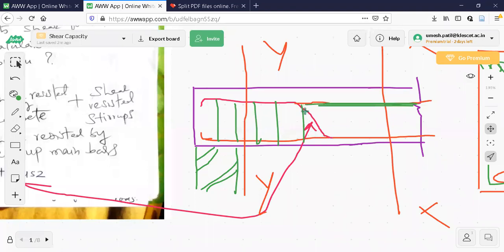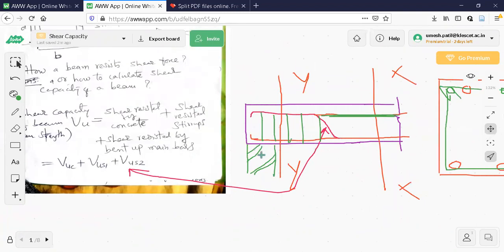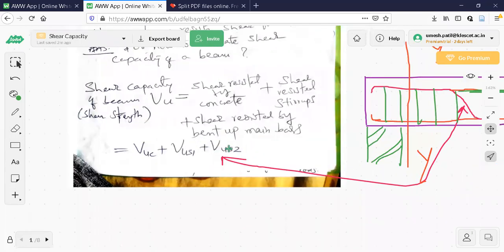Some force is acting in this bar, and it has vertical component as well as horizontal component. Let us say the force acting in this bar is F, and F sine 45 and F cos 45 are the components. Out of that, vertical component is used to resist because shear force is vertically downwards. So the vertical component of the force which is present in this bent up portion will resist the external shear force to some extent. So it means by bending the bar up, I am trying to increase the shear capacity of the beam.